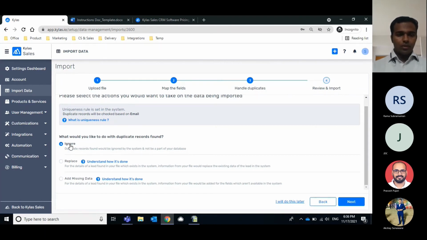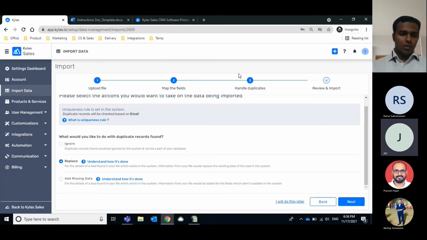There is an option called ignore. If you select this ignore option, the duplicate records will be ignored by the system and you will get it in an error file. If there is a lead with the same email ID in the system already and you are trying to import it via Excel, those will be ignored. Replace means existing values in the system will be replaced with the values of the lead in the file.